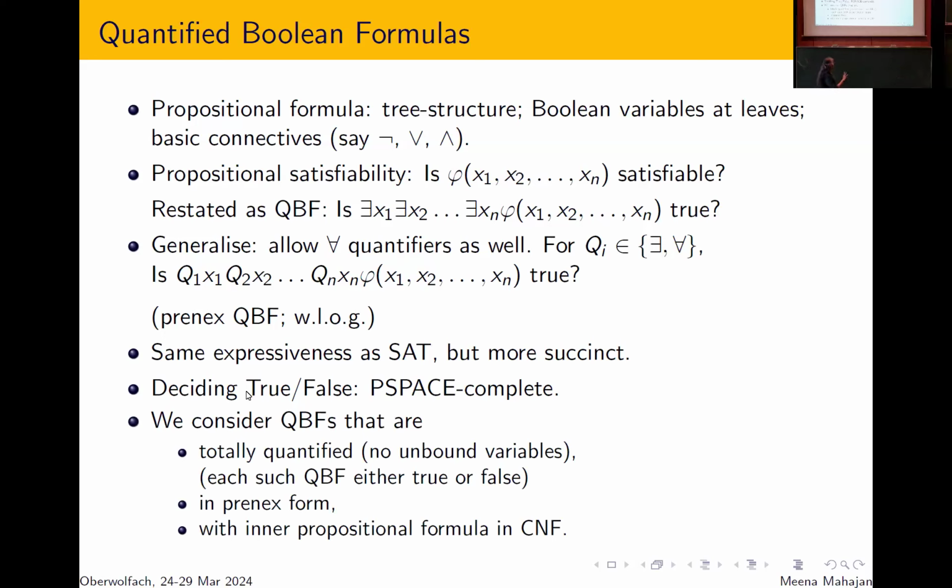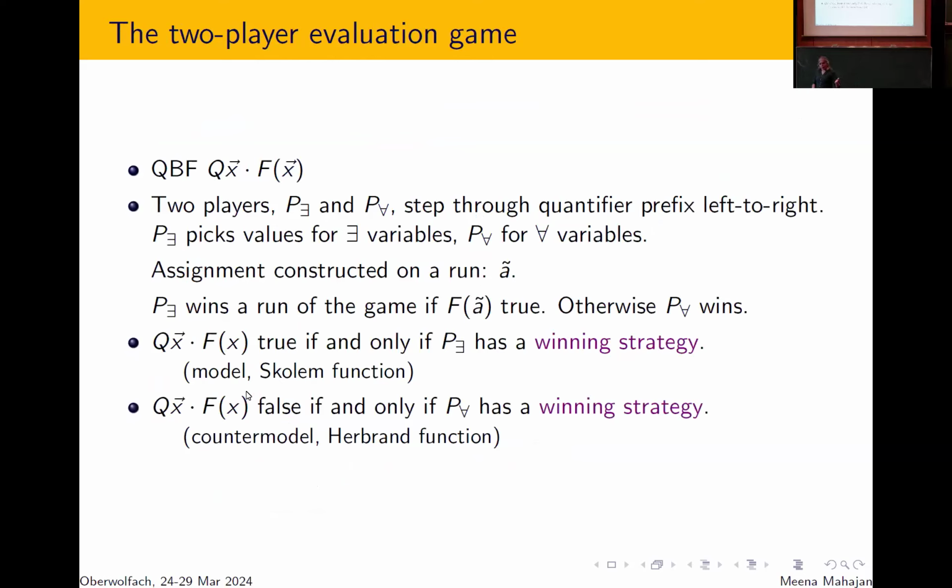Okay, here just to remind you, in this talk, I'm going to consider QBFs which have this very nice normal form: totally quantified, all quantifiers in the beginning. And the inner propositional formula I'm going to assume is in conjunctive normal form, a conjunction of clauses, although again, this is not absolutely necessary. So a very useful way to think about QBFs in many of these proof systems that I'm going to discuss later is to think of the truth or falseness of the QBF in terms of this two-player game. This is a very natural interpretation of when the formula is true or when the formula is false, where there is an existential player who claims that it is true, and there is a universal player who claims the formula is false. So they play this game.